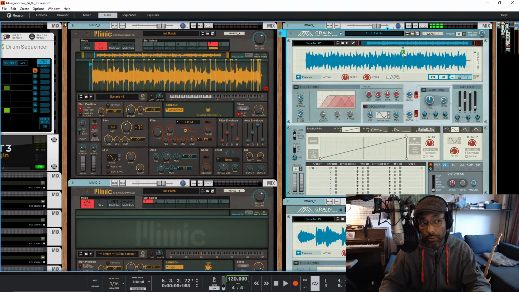And also, we could automate the hell out of this. Okay, the frequency is a little bit too cut off. You can do crazy stuff. It's a little bit difficult when you have drums in there too. Then probably I would reduce the speed greatly so I have more control.